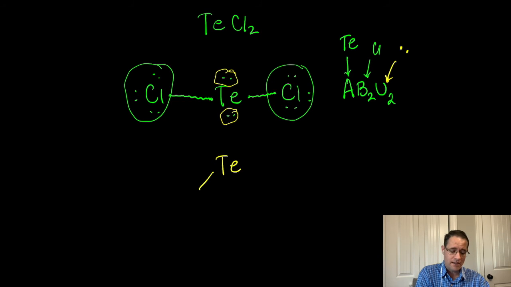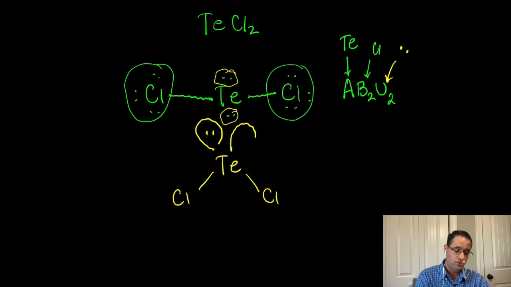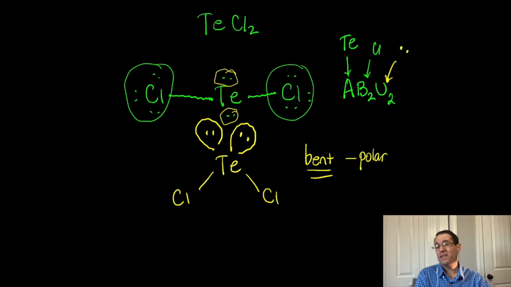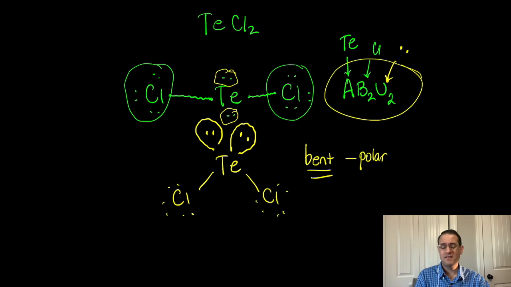If I sketch this molecule out in 3-dimensional space, we know that it's bent. Tellurium has 2 lone pairs of electrons. We sometimes call that the rabbit ears because they kind of look like the ears of a rabbit. And we have 2 chlorine atoms, a total of 4 groups on that tellurium atom that are pointed into the corners of a tetrahedron. And this molecule is called bent. We would say that it's polar, and therefore it does exhibit dipole-dipole forces. So that's kind of how you think about the template, think about the molecular geometry, and then assign polarity